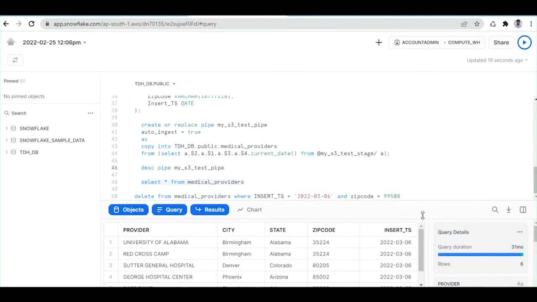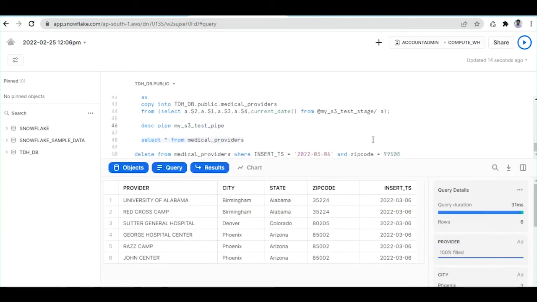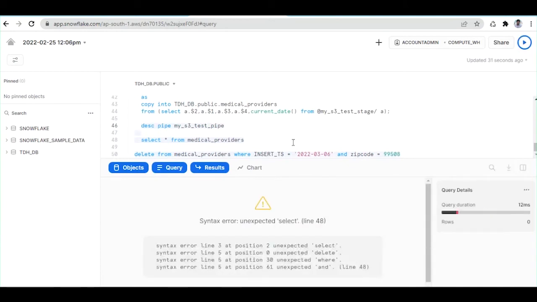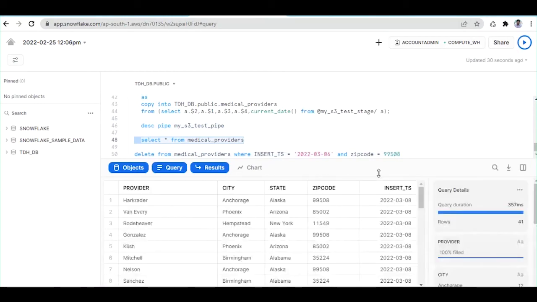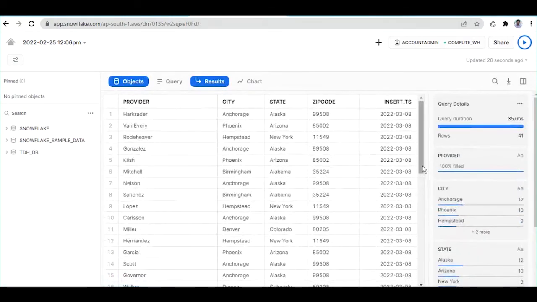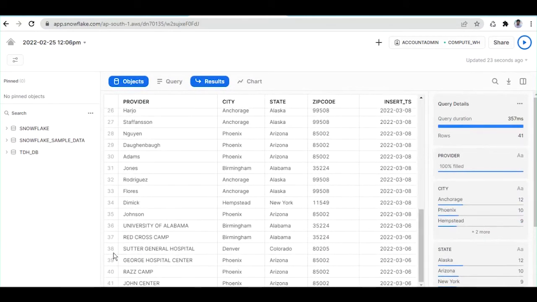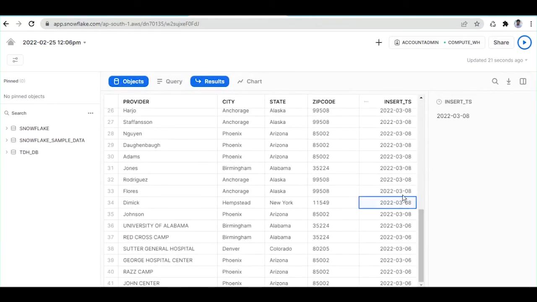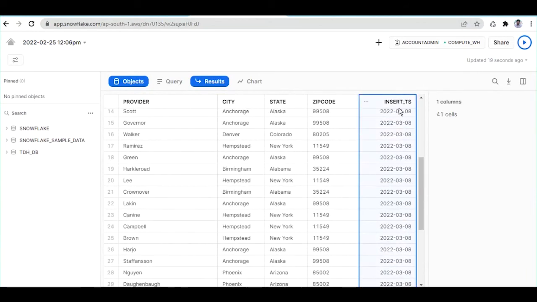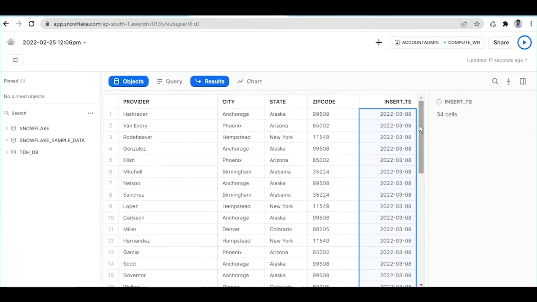Let's see if the records are getting reflected. Okay, I have just selected. We could see another 35 records have been added. 35 plus 6, 48. But we could see here as well, with today's date, around 35 records have been added to the